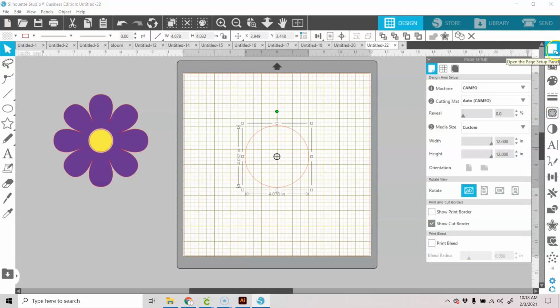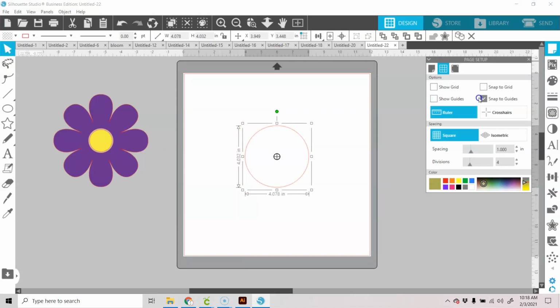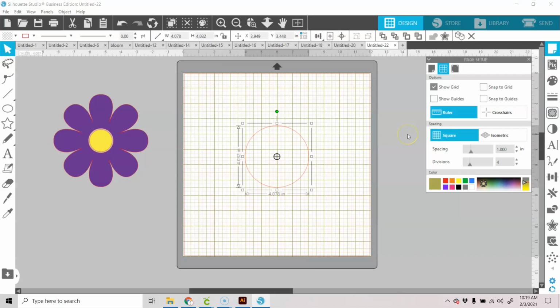So let's go ahead here, and you can go to your page setup panel here on the right, and you can always turn off and on some of the things that you have for designing in Silhouette Studio. So I'm going to have my ruler on. I'm going to show my grid, and you can also turn that off and on with the G on your keyboard. But we're going to just use this, and then we're going to show guides,